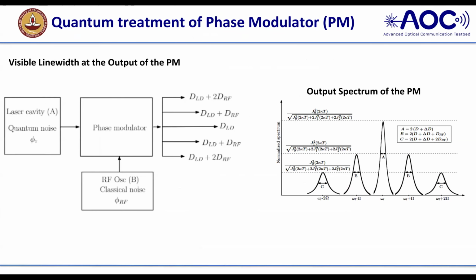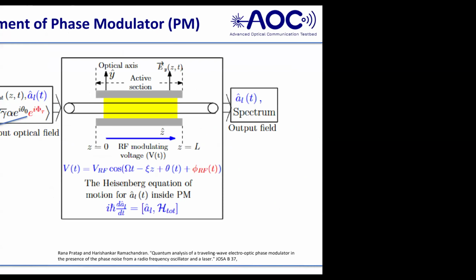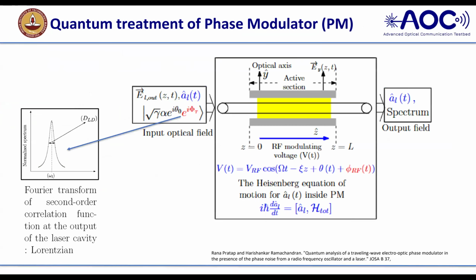naught square by 2 kT, it comes from mod chi, and this is my probability of happening at the omega L, and the probability of finding the photon in the first sideband is J1 square by 2 kT, and the higher the probability. So that is a very, very important thing we got, the entangled state. You have heard how to get the entangled state, and the phase modulator is a very, very important phenomenon to form the entangled state.